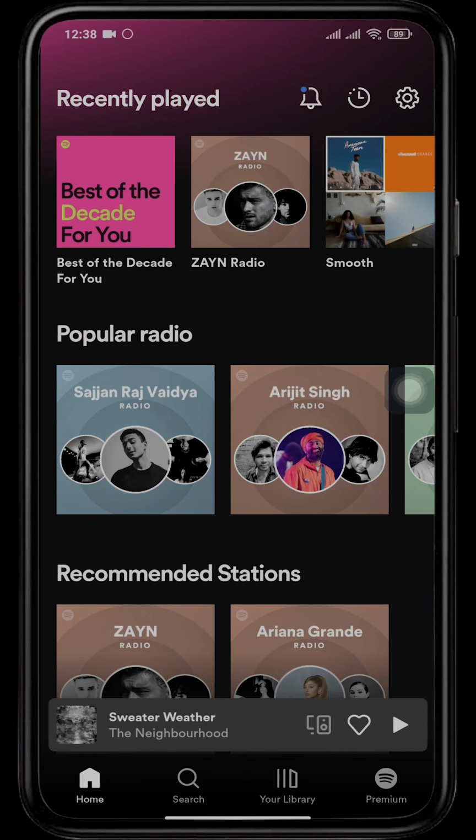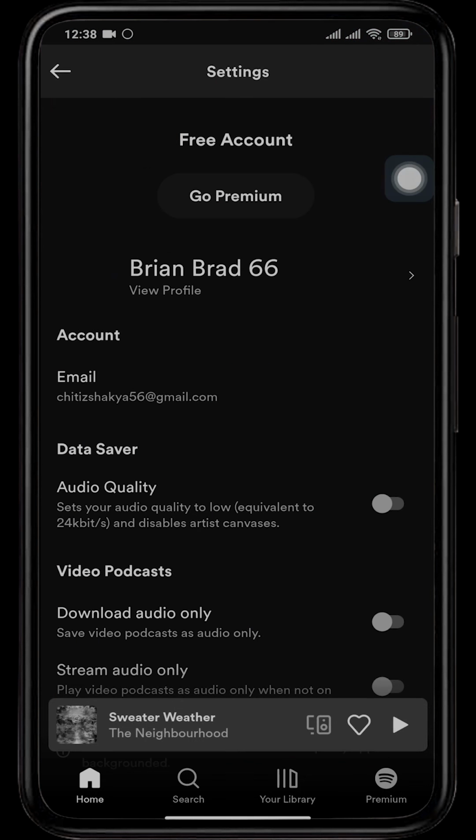From the home screen of Spotify, you need to head over to the settings, which you can see on the top right of the screen. Now this is the settings tab of Spotify, from where you can manage all the available settings for your Spotify account. To change the display name, tap on your name, which is displaying here,